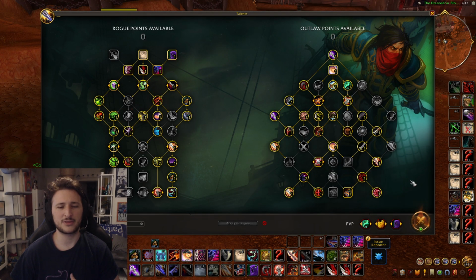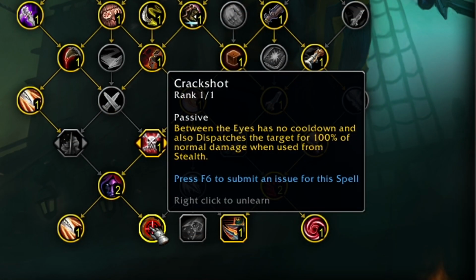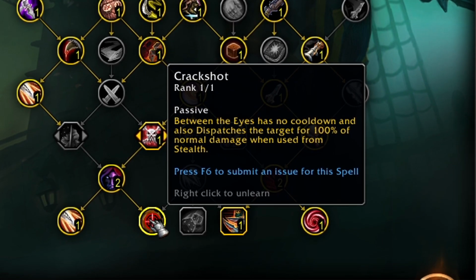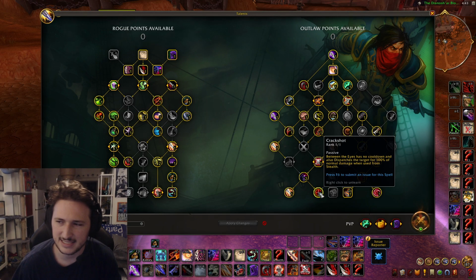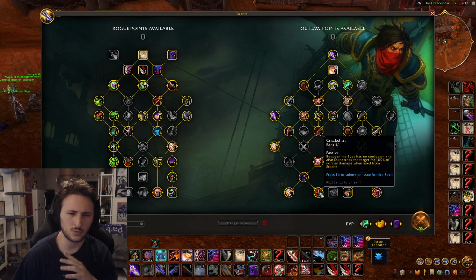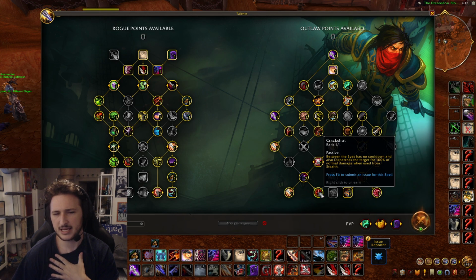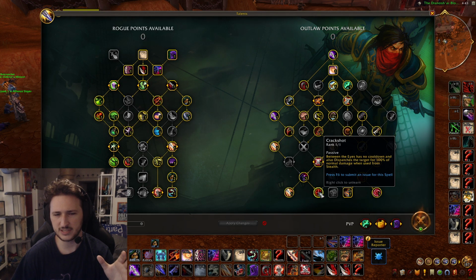And now let's talk about this ability down here. Crack Shot is a new passive that they've added for Outlaw, and this is really, really strong. Now, I don't know if it's bugged on the PTR or if just the combat log is bugged, but I was testing this a little bit on stream yesterday, and it seems like it doesn't always work. It doesn't always fire off the Dispatch, but basically what this is supposed to do is whenever you use Between the Eyes from stealth, it will also do a Dispatch for 100% of the normal damage,